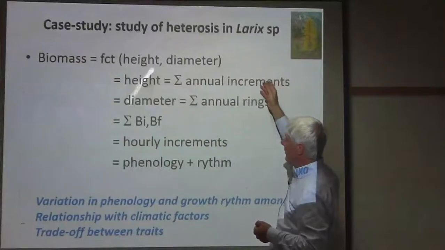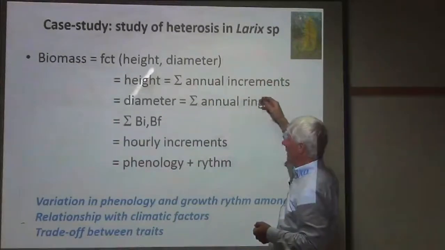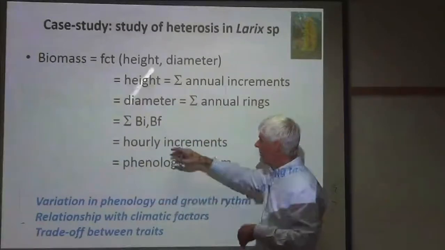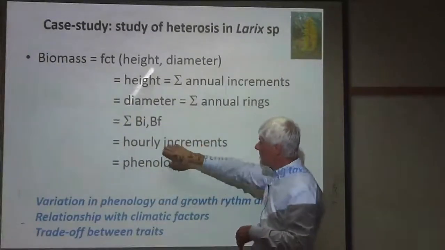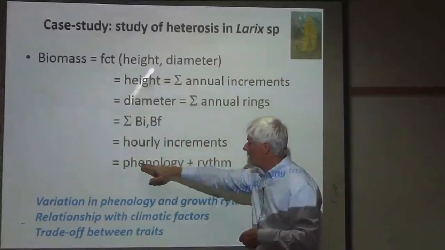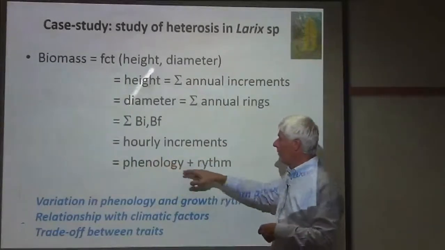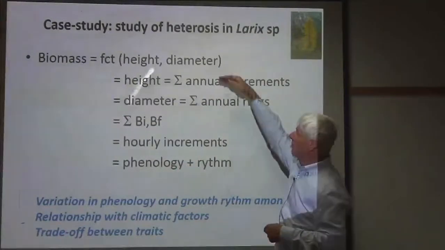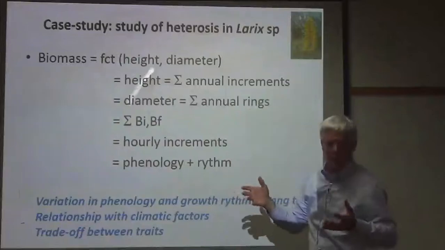That means in annual increment, in diameter, in annual rings. And then annual rings, you can split it in initial wood and final wood. And then you can go down to the hourly increments, for example, and get access to more phenological data and growth rhythm data, rather than going to a biomass. Biomass is so complex that